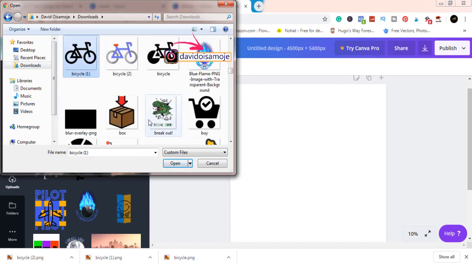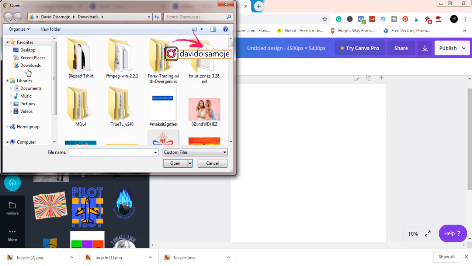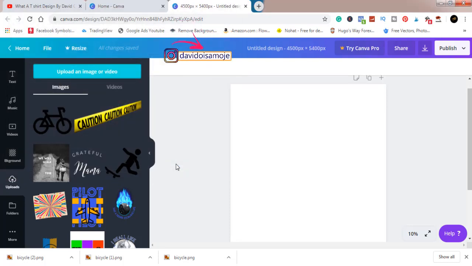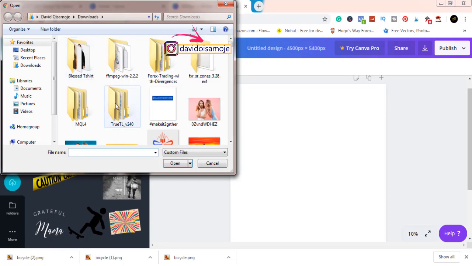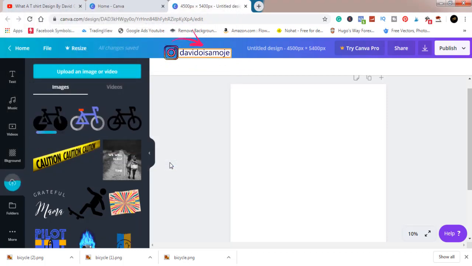Bike. So now we just start from this one, we'll come to the second one and the third one. So click on this and open to import it. That's the first one. We'll go on to the second one, click on again. Now we'll go on to the third one, and we'll click on open. So now we have the three loaded.